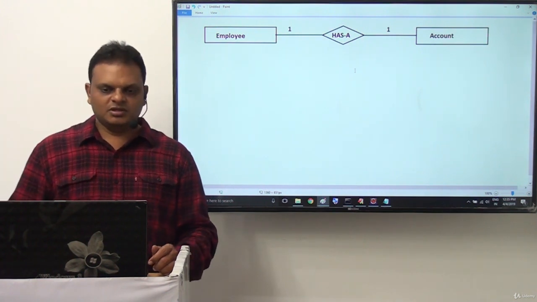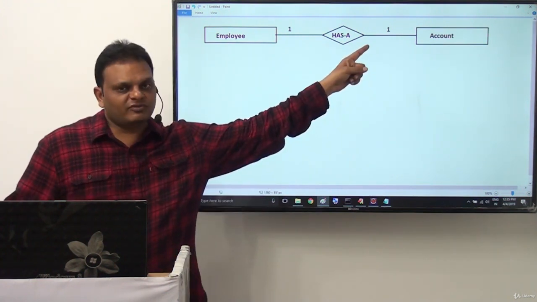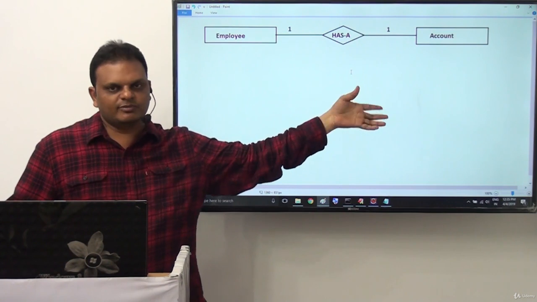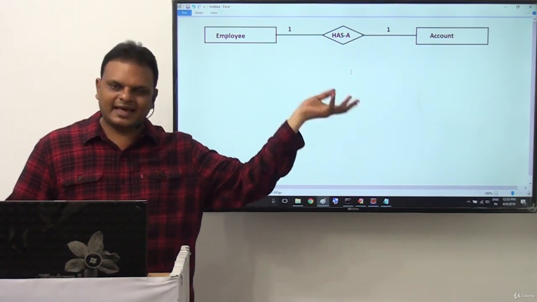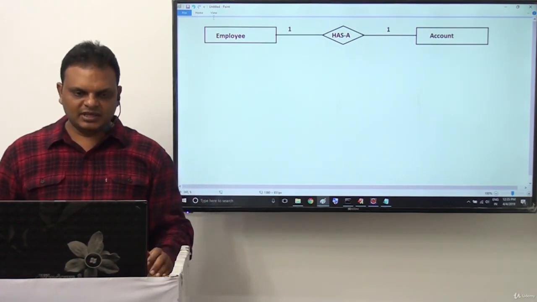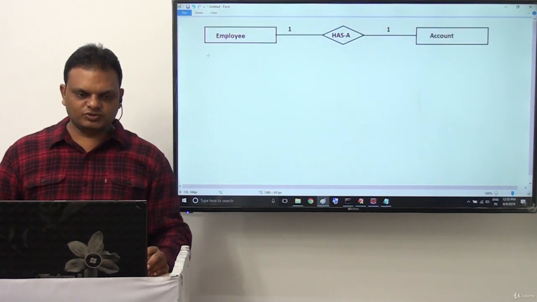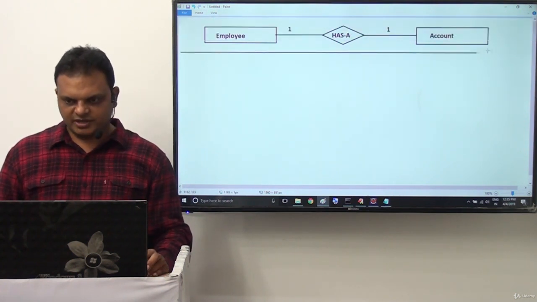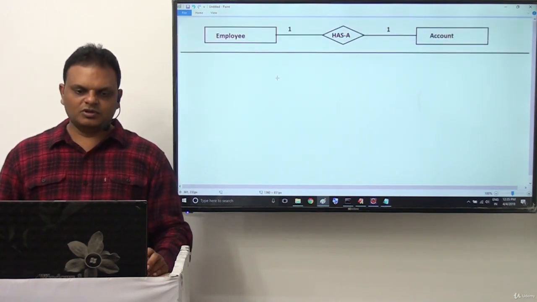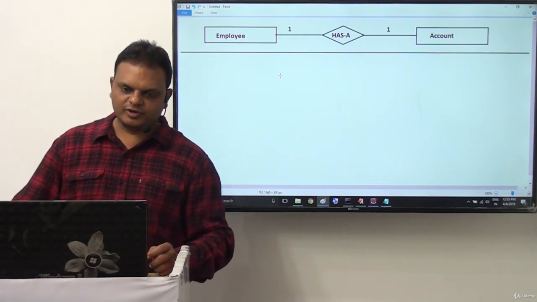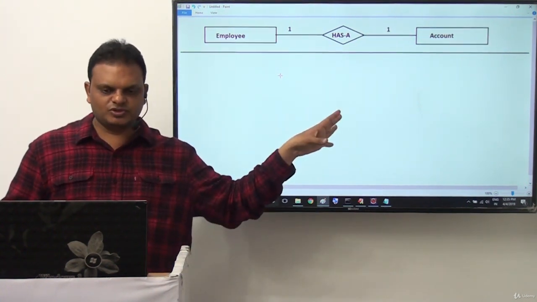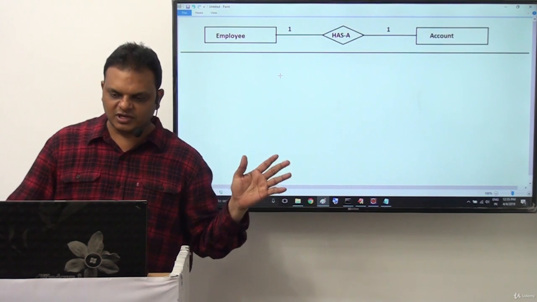So this is also treated as a one-to-one association. If it is one-to-many, in place of one we can represent M. M stands for many. One-to-many can also be represented like this. In n number of ways we are able to represent associations. So one-to-one and one-to-many associations are provided directly. This is one-to-one association: every employee should have exactly one account.